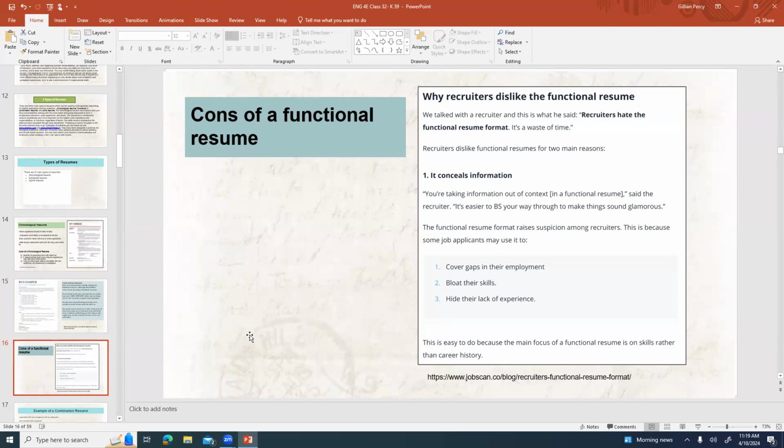So it's tricky. Some of the recruiters were saying things like, well, you're taking information out of context, or, well, it's easier to BS your way through to make things sound glamorous. And that's absolutely true, right? And that is kind of why it got developed. Having said that, if the reason you've had unemployment isn't because you're constantly getting fired, but it's because of valid things like, oh, I stayed home to take care of children, that kind of thing, it is maybe still acceptable